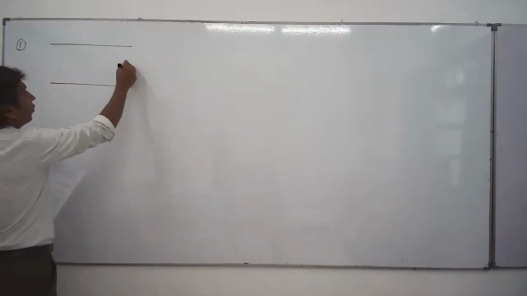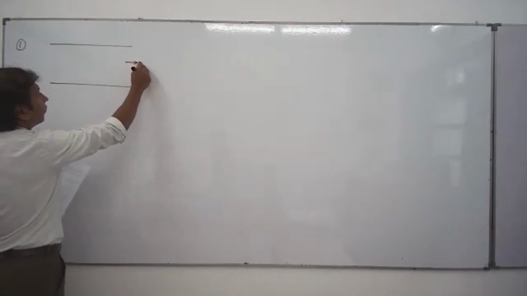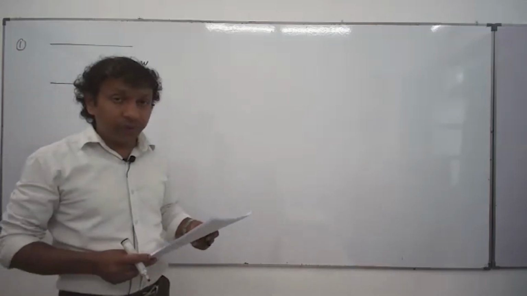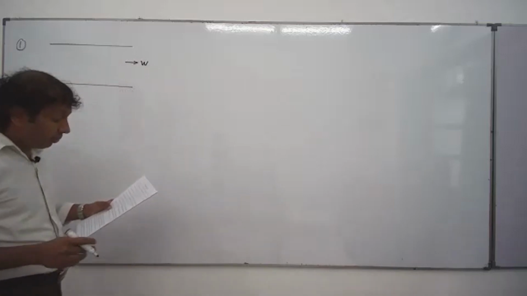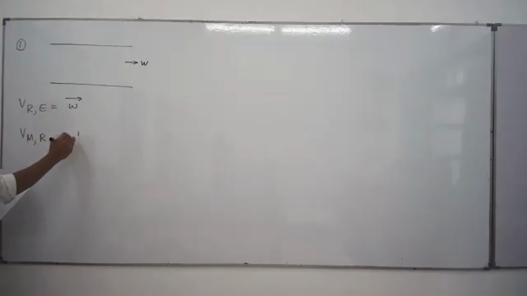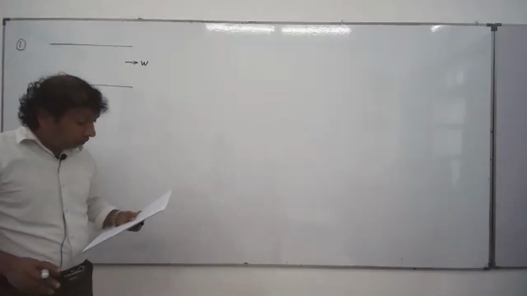I'll take the velocity of the river as w. Velocity of the man relative to river, I'm going to take that as w dash. Velocity of river relative to earth is w in this direction. Velocity of man relative to river is w dash. Now saying here,